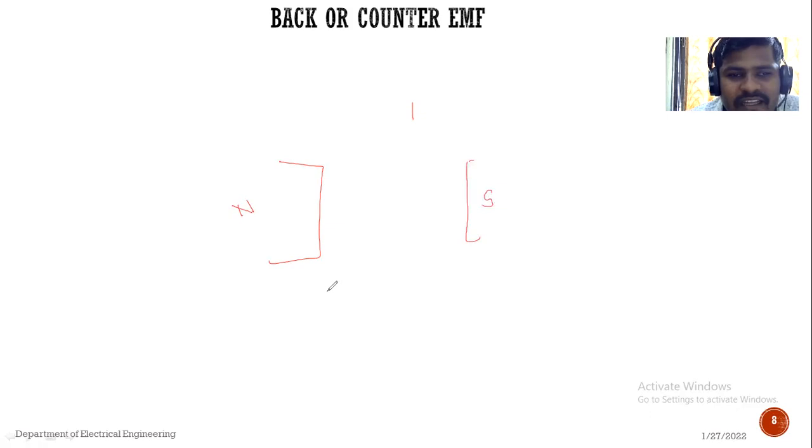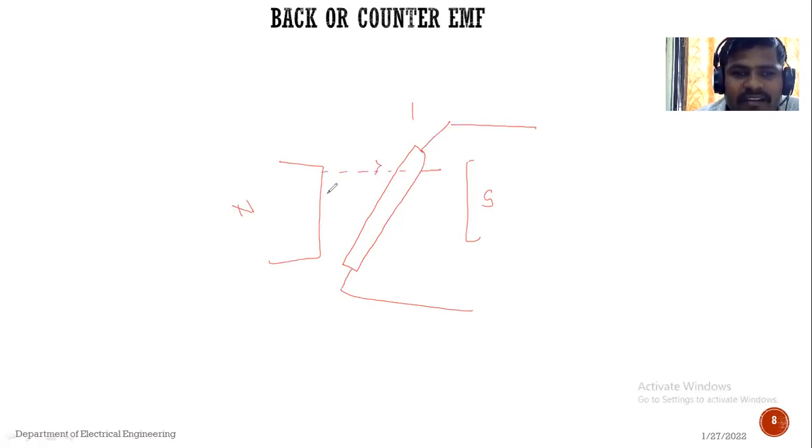That means it is either a natural magnet or an artificial magnet. See, this is one of the conductors. If this conductor is placed in between that magnetic field, आपण काय केलंय, कंडक्टर प्लेस केलंय. Now when supply is provided to that machine or conductor, DC मोटरच्या वर्किंग प्रिन्सिपल नुसार,